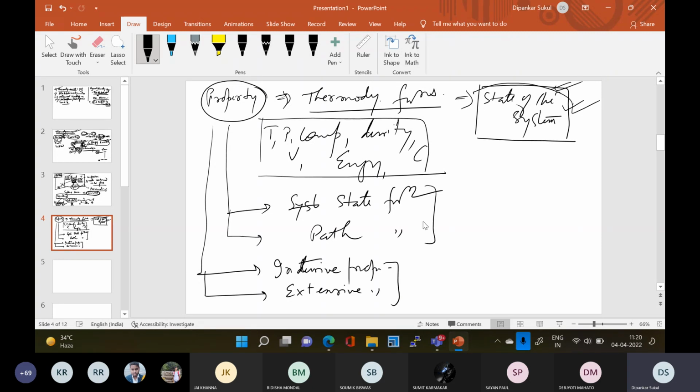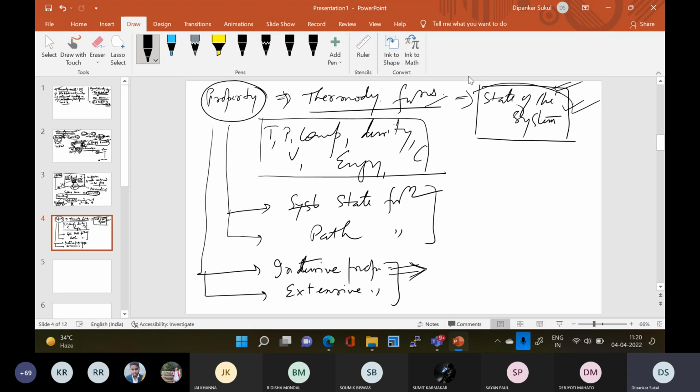Okay. So what are the intensive properties? You already know. Intensive properties are those thermodynamic functions which do not depend on the amount present in that system